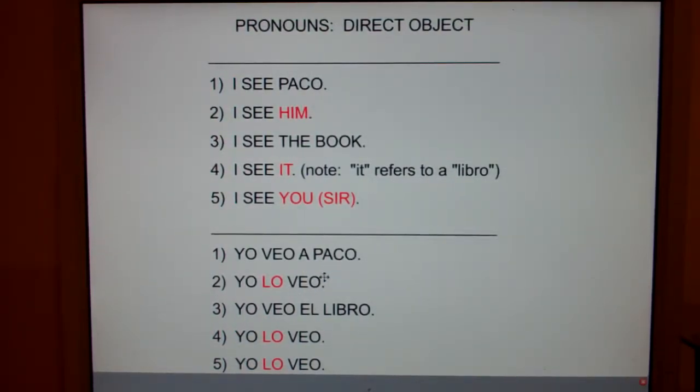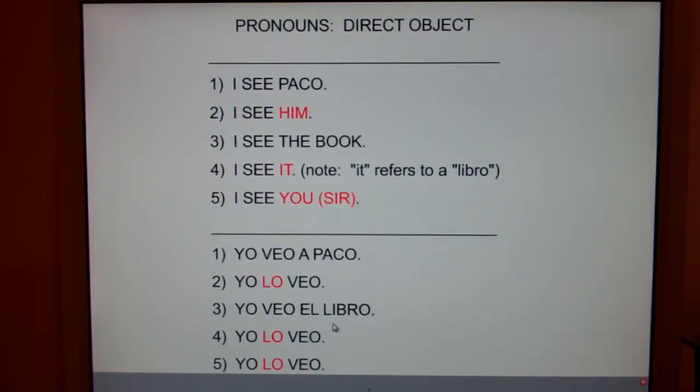All right, number two, I see him. Yo lo veo. Notice, in English we say I see him, in Spanish we say him I see. But Mr. Holt, isn't him a person, so don't we need a personal A? Careful. There are two times in Spanish you don't need a personal A. And here's a little chant for you. You don't need a personal A with con para de. Everybody. You don't need a personal A with con para de. And you don't need a personal A with direct object pronouns. You don't need a personal A with lo, la, los, and las. Now, if you're confused by that, type in and watch the clip, personal A or personal A when not to use.